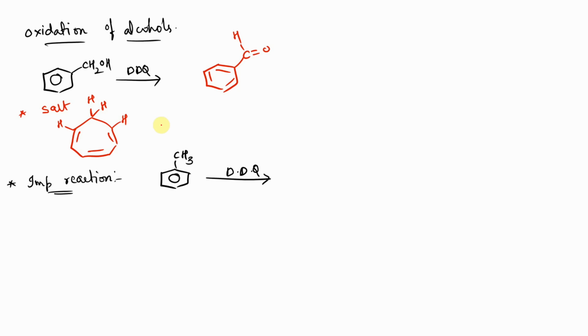So when you treat this type of compound with DDQ and in presence of HClO4, the reaction will lead to the formation of a salt, like a carbocation which has been formed because of the removal of hydride. Now it has been treated with ClO4 minus. So how did this ClO4 minus come across is, once the hydride has been removed, we'll be left with the structure HO5 of O minus, right?